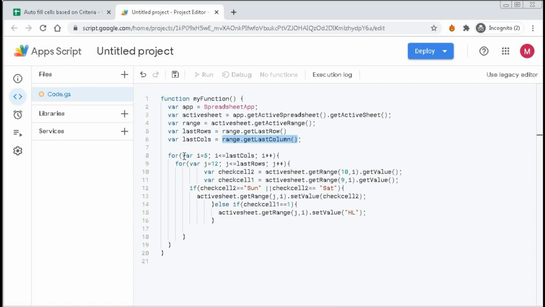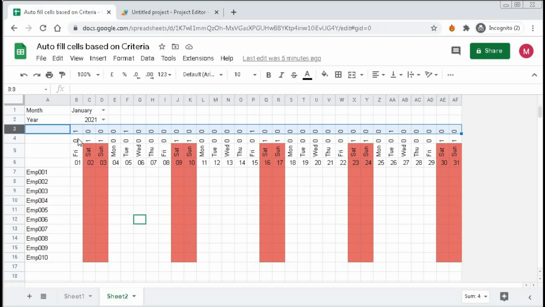So here we declare a loop. Here we can see we have used for, that means this code will loop. When this code reaches this line, it will again go to the beginning and check the next column. So here you can see i equal to 2. We will start checking from column B, that means column number 2.